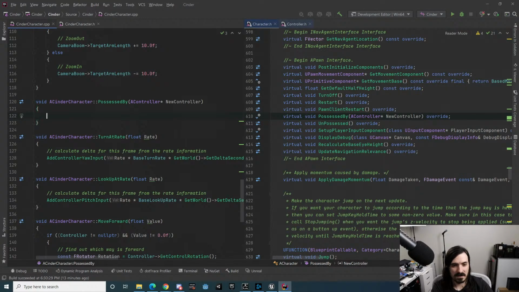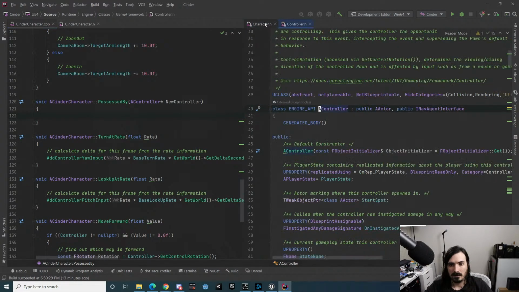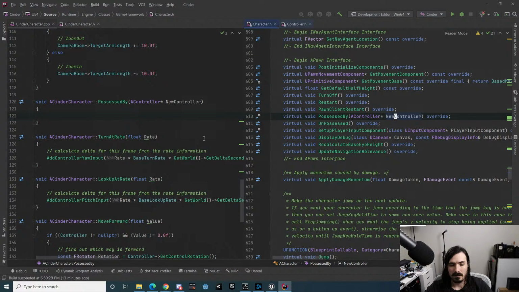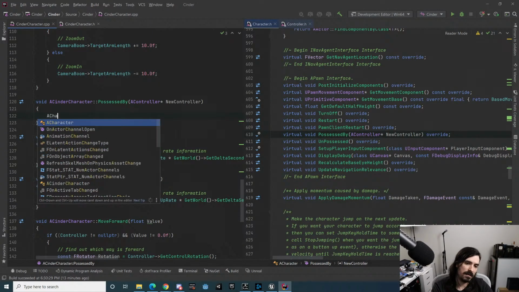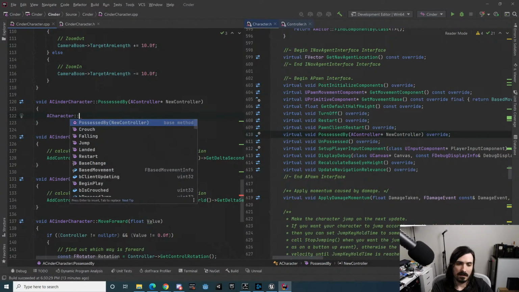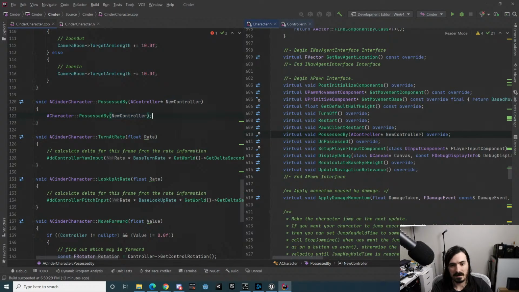And then what we're gonna do here is, this is what? A character? Possessed by there. Now this passes it through to the parent, but what we want to do is put a